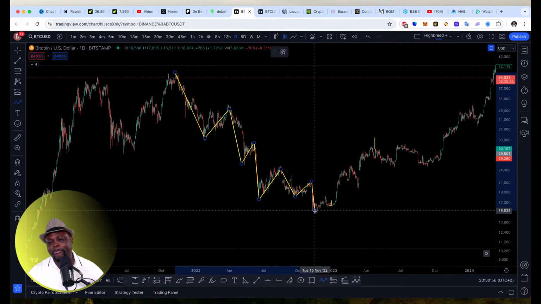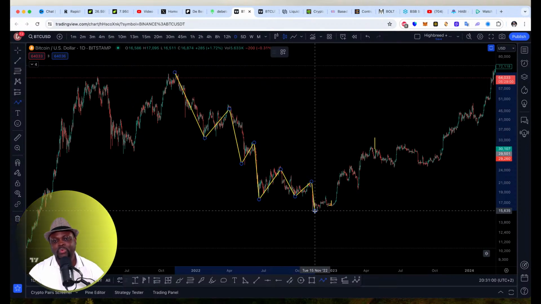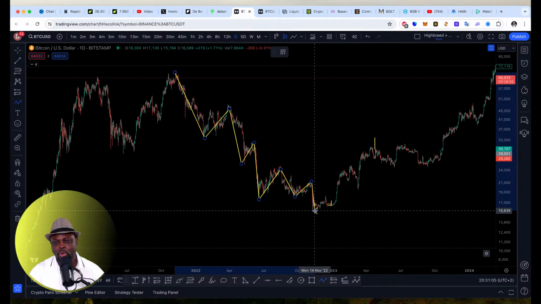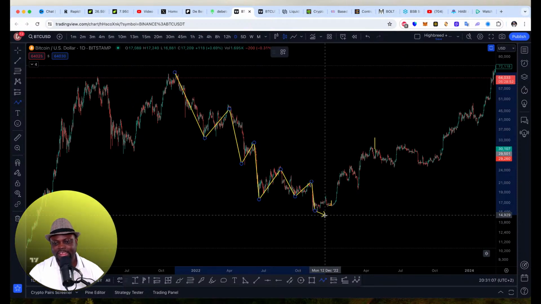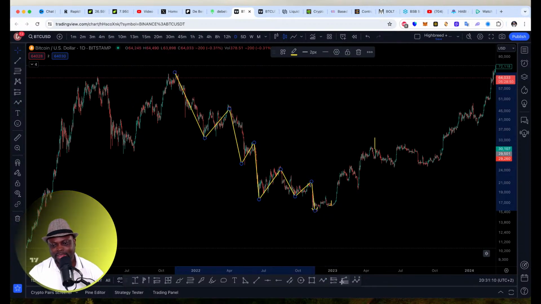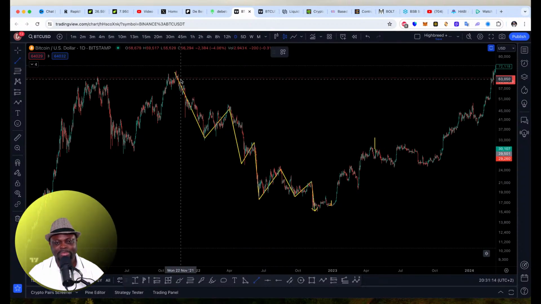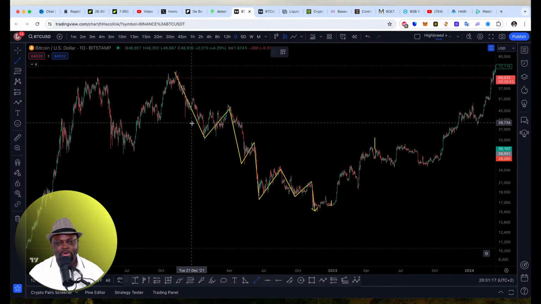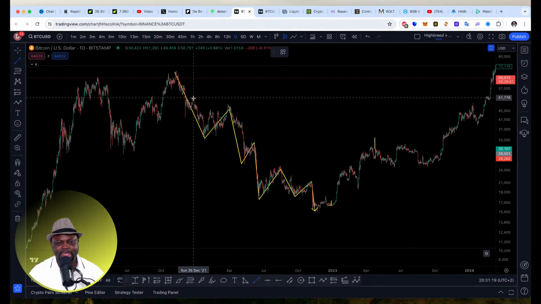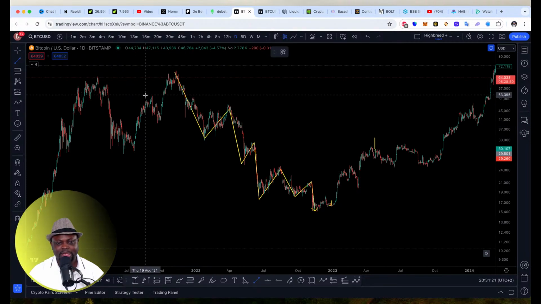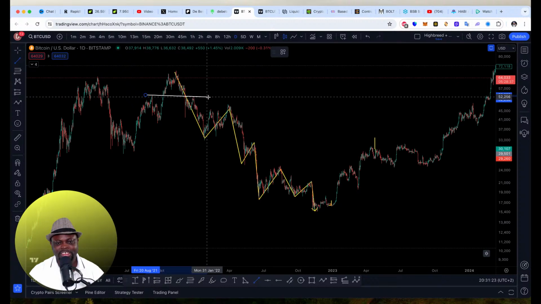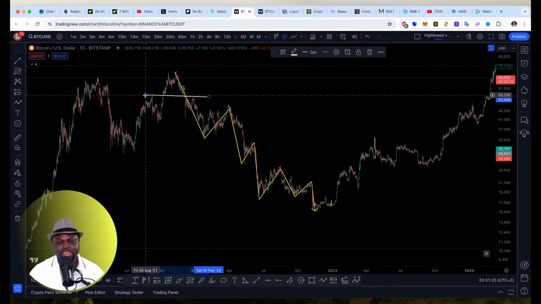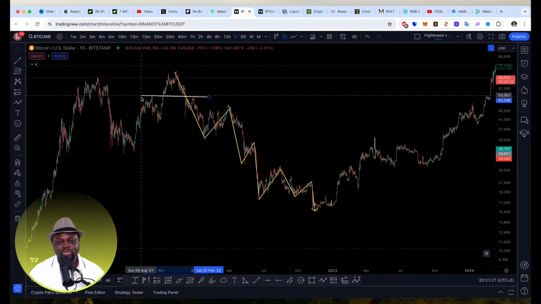Now, if you're buying or you are trading this market, and we are on the daily time frame, by the way, what you want to look at in this scenario is this. Let me bring in this line here. You see, when price broke this level, price attempted here to move to the upside, but price rejected this zone here. Now you can see that price has rejected this zone before.